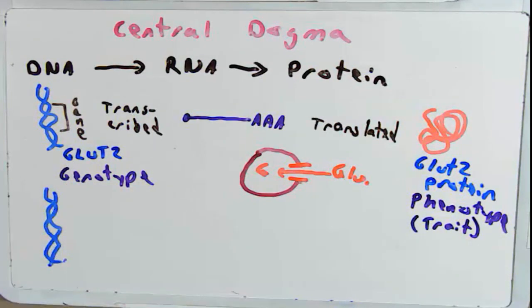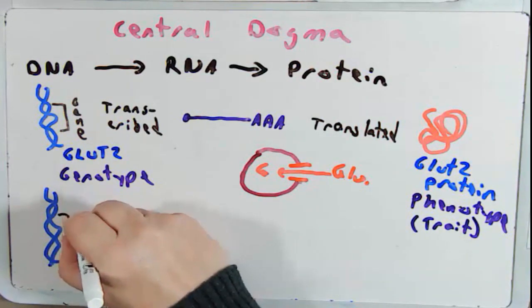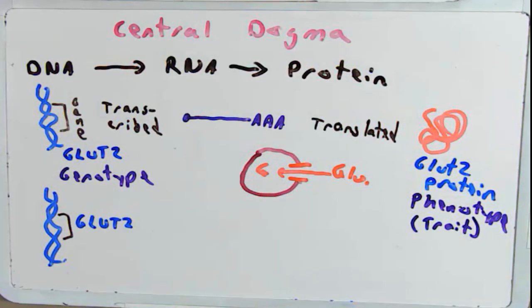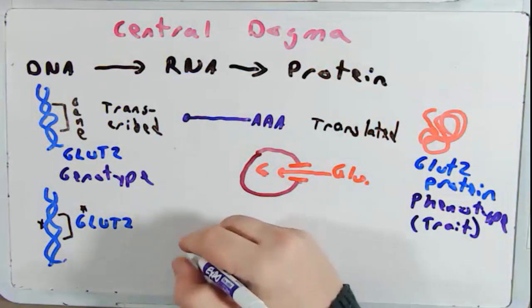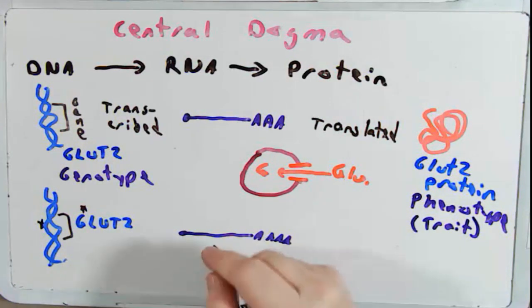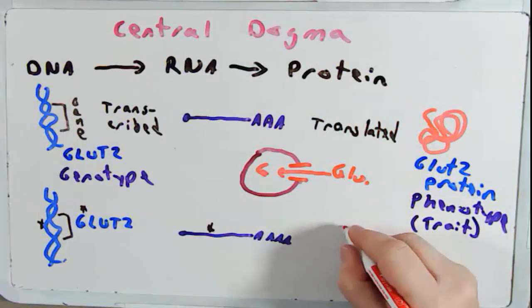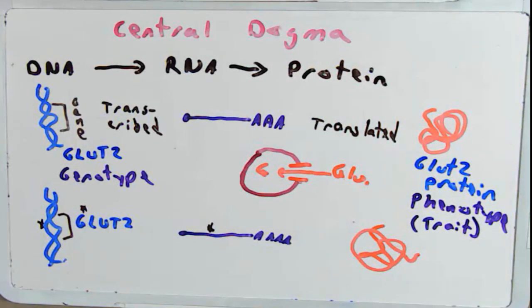So this is a different individual. They also have this gene called GLUT2. But this time, there is a mutation in it. Now, some mutations have a benefit, some have a negative consequence. But all mutations change the sequence of a gene. So it will still make this messenger RNA, but this messenger RNA now will be carrying forward that mutation that's found in the gene. It will make a protein, but there's a slight difference in the way it folds because